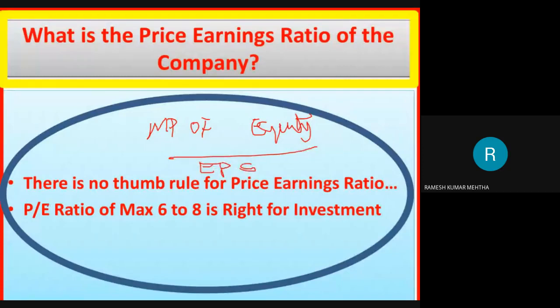As a human being, with an element of common sense, the bottom or the denominator, the earnings per share, should be high, because everybody on this earth wants the company to generate a huge amount of profit. So earnings per share should be very high. Number one. Number two, market price. Let's see with a small example and understand it.